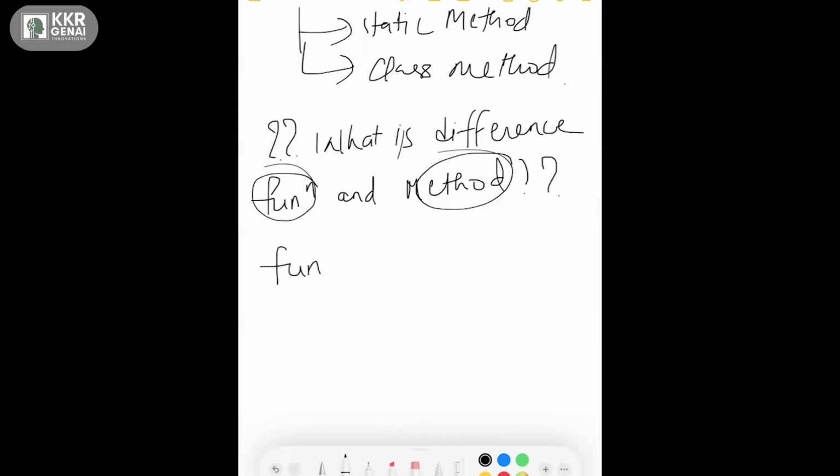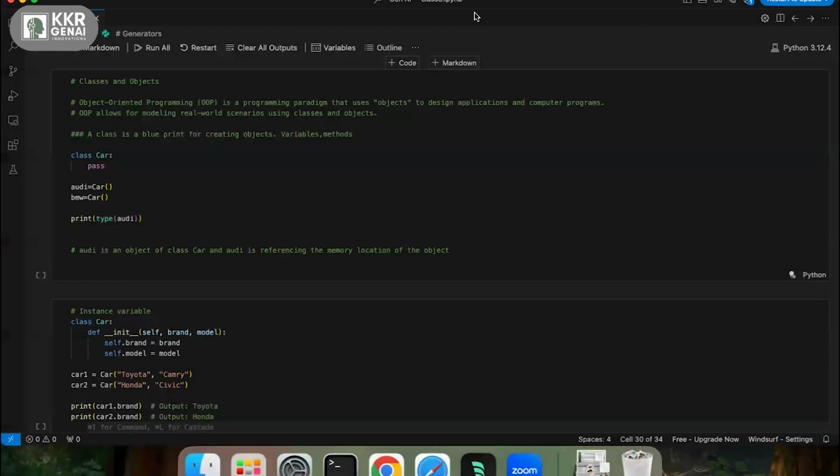Actually, they both are blocks of code, but a method is typically associated with an object. That is one fundamental point. Any other? A function represents a specific task, whereas a method may return some value.